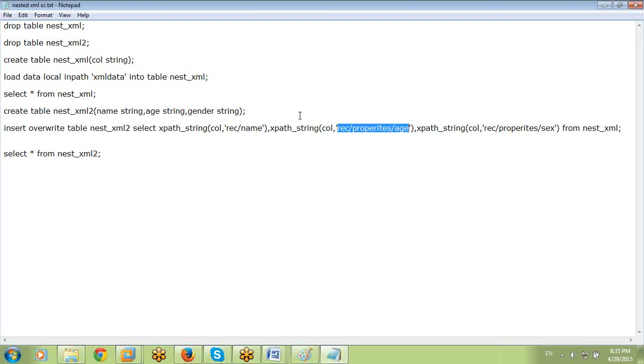Before that, can anyone tell me why I'm dropping these two tables? Why am I mentioning drop commands here?